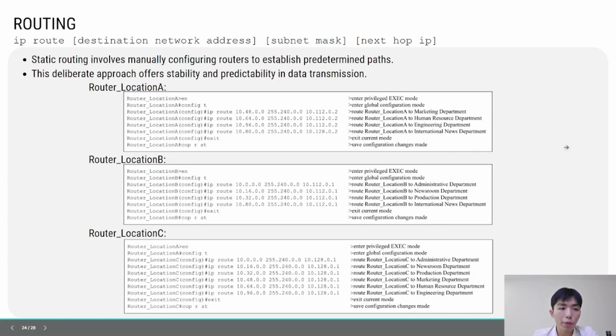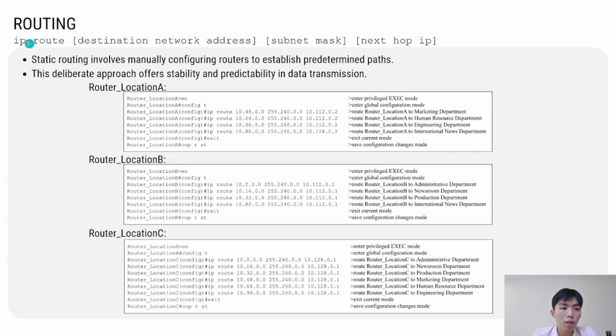Now let's look at the routing. First, this is the command for routing: IP route, followed by the destination's network address, subnet mask, and also the next-hop IP. We are using static routing because it lets us manually configure the routers, and it is more stable and predictable in data transmissions. Now, as you can see here is the example configuration in router location A, router location B, and